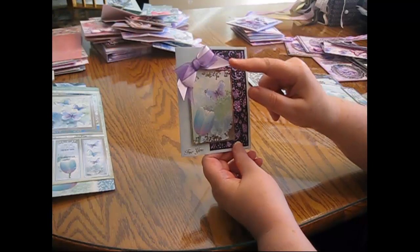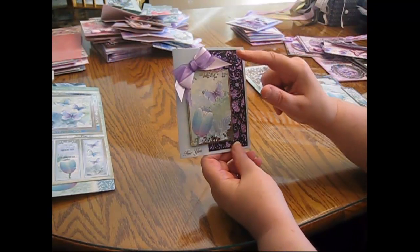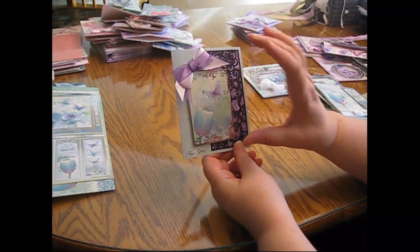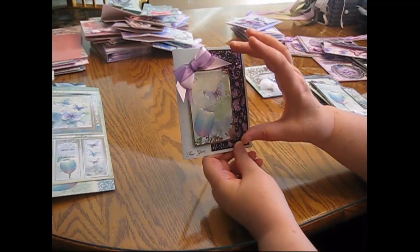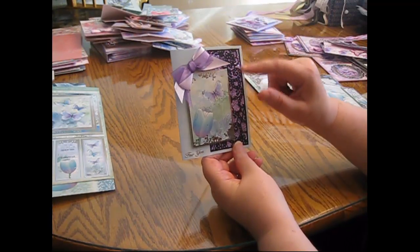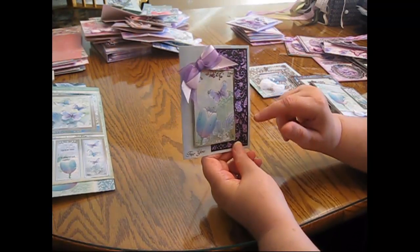Anyway, so I used exactly the same technique. I used my double stick tape. I cut my image. I put it on top of it. I peeled it back, of course, put the double stick tape on top. I filled in with glitter, rubbed it, really burnished that glitter to get the maximum